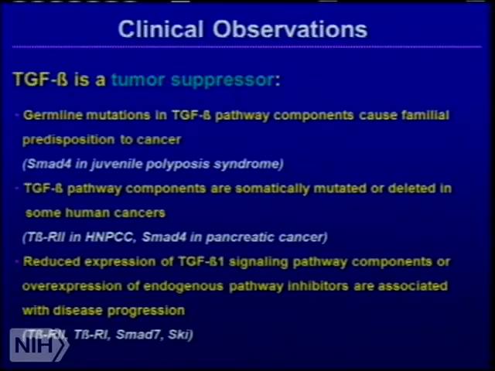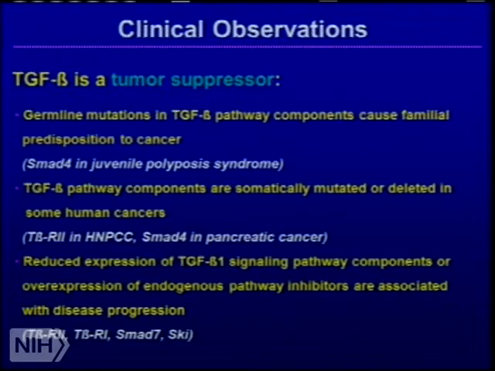The TGF-beta pathway components have been shown to be somatically mutated or deleted in some human cancers. And these include the TGF-beta type 2 receptor in human non-polyposis colorectal cancer, as well as SMAD4 being predominantly mutated,